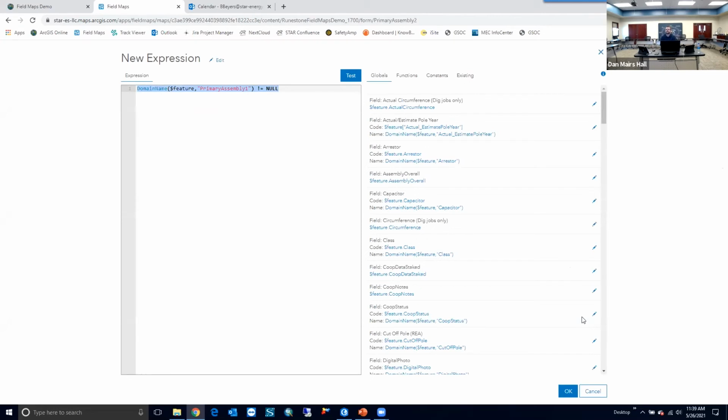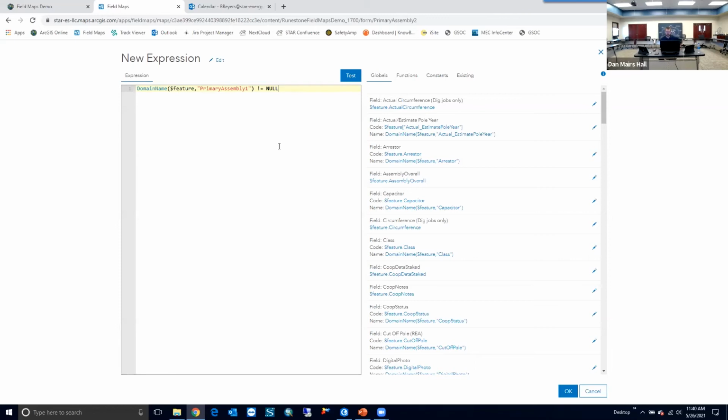So this is basically telling it that if primary assembly 1 is not equal to null, it's going to display that field. So as soon as you say, okay, there's an A52 here or whatever, it's going to pop open this primary assembly 2 field and let you put in an additional assembly. So it's very nice. There's a lot of stuff that you can probably do with this that I have no clue on yet, because